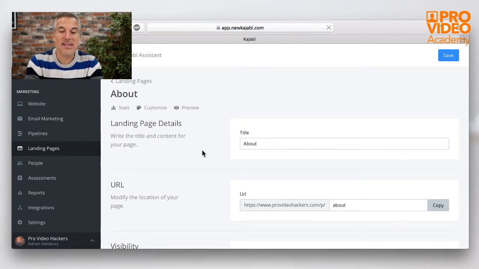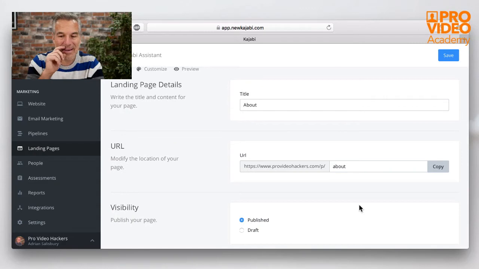What I'm doing then, when I've created this, is we'll back up in a second and I'll show you that list of landing pages. You just click create a new landing page. You put a title in it and you start building it out in the same way that you've seen these other pages done. But this URL then, this is going to be your link that you need.